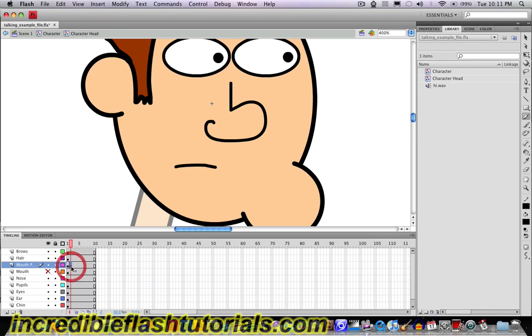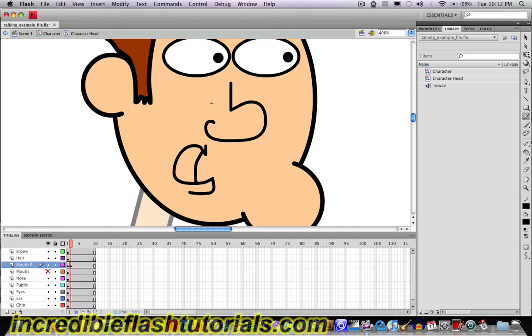So on the second frame, we're going to click the second frame, and then I'm just going to simply delete this line I just drew, so then we can now make a new pose. This time I'm going to make a pretty wide-mouthed pose. So make sure you're on frame 2 and start drawing your second pose. Like that, and there we go. And then I'm just going to go down like this and get my